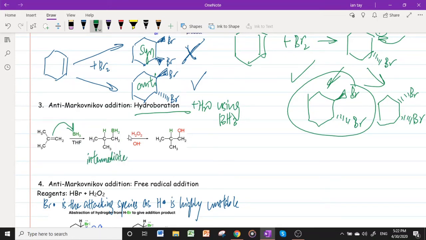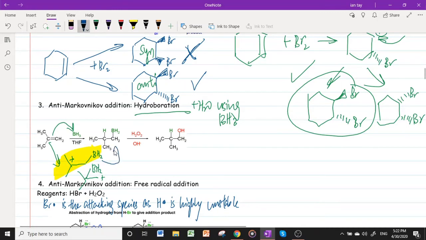Note that in this first step there is another possible intermediate, and this intermediate is formed instead of that one because of carbocation stability. So we are going back to the same principle of carbocation stability. So this one is formed,